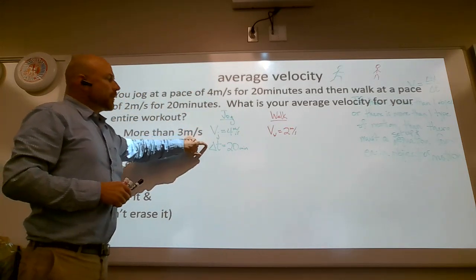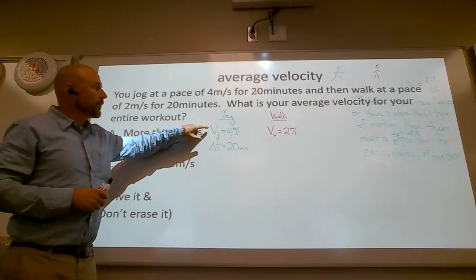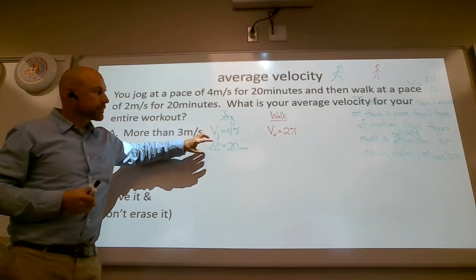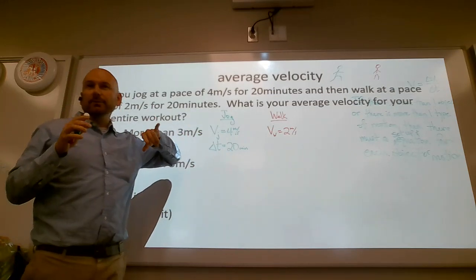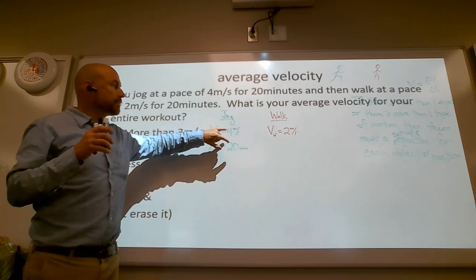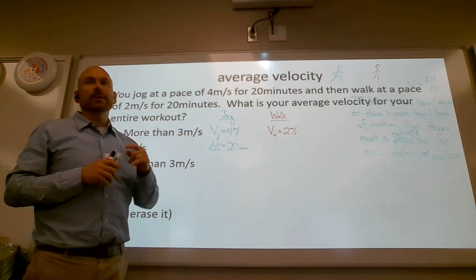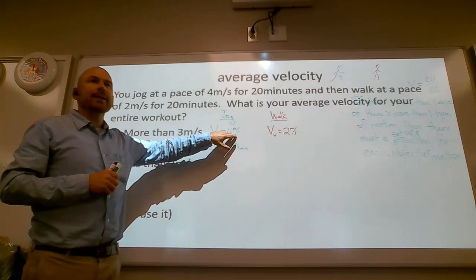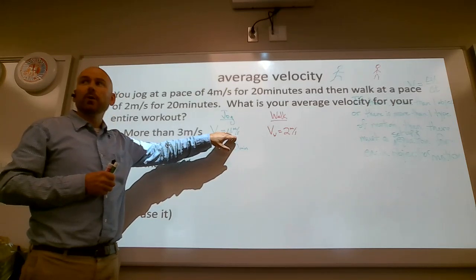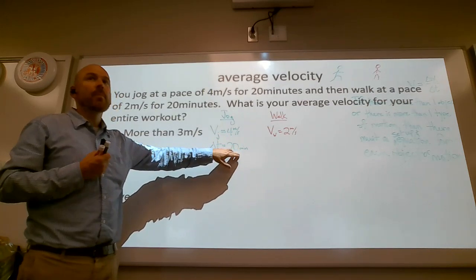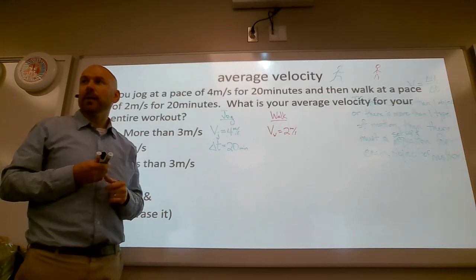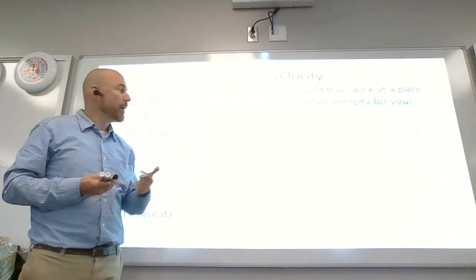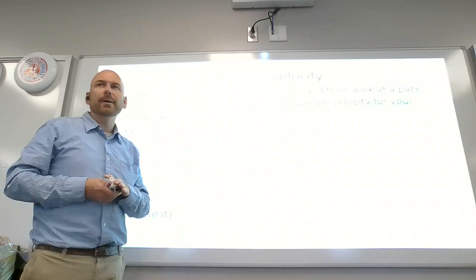Given a time of 20 minutes, you're going to have a velocity or a speed of 4 meters per second. This is a really important detail, heads up on this one. The units of time have to be the same. You can either convert 4 meters per second to meters per minute, or I'm going to recommend converting your minutes to seconds. The default mode in this class is going to seconds. I'd highly recommend that. It's not illegal to convert that to meters per minute, but